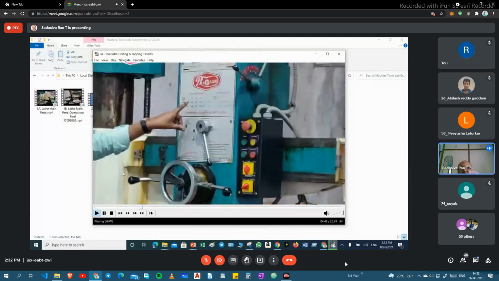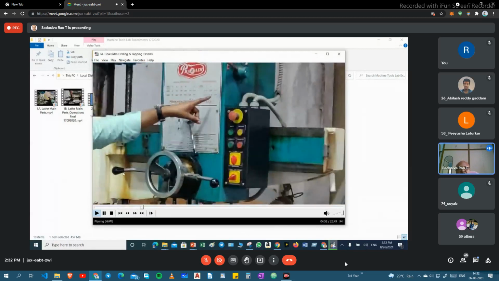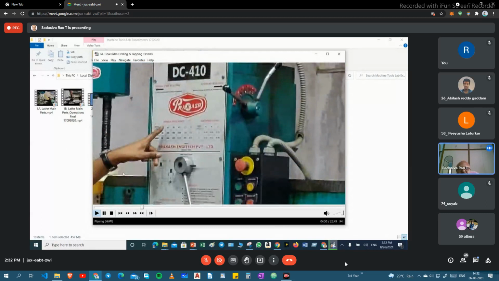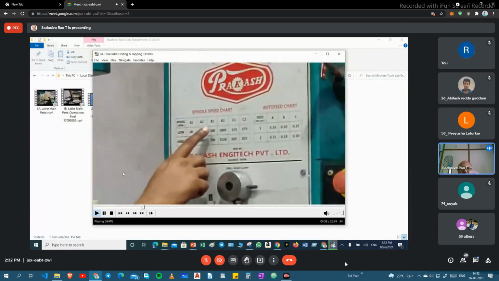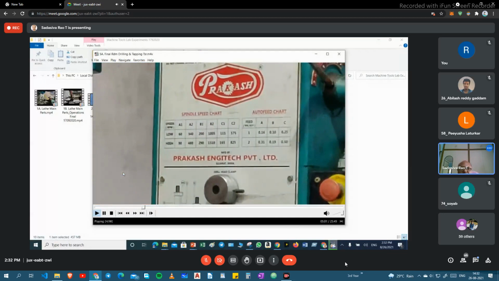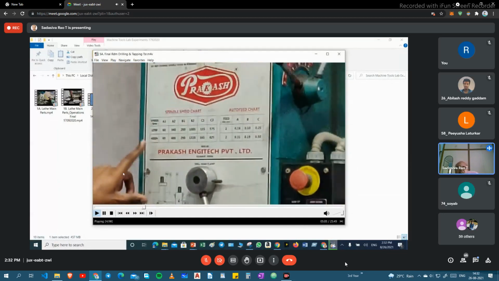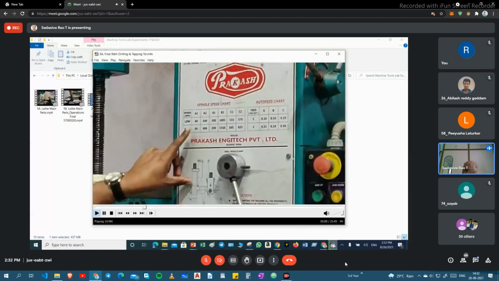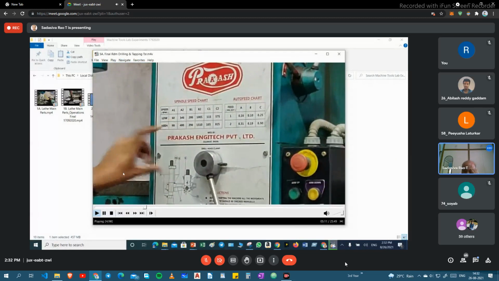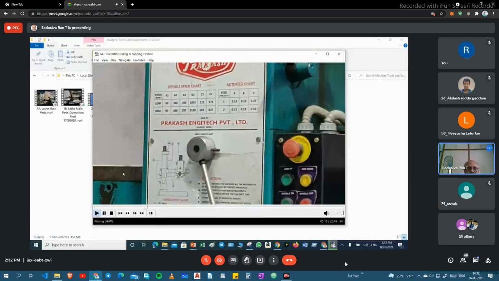Here, see, one chart is there. Spindle speed chart, auto speed chart. Here we go between for spindle speed. Here, some numbers are there: A1, A2, B1, B2, C1, C2. Okay? Speed, RPM, low and high. In that, two specifications are there. One is the low speed, one is the high speed. So, for example, if you are going to select low speed 60, you have to engage the lever in A1.